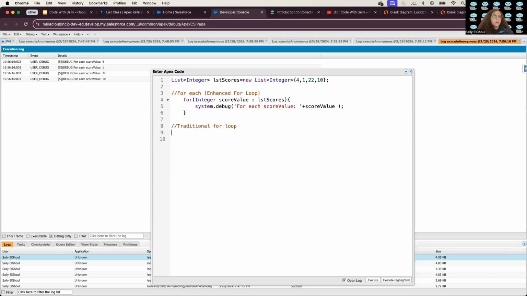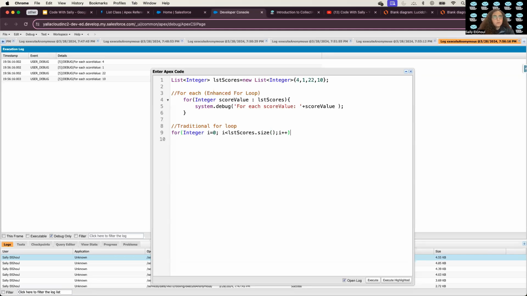We have another type, which is the traditional, and it's the least preferred one, but we will have a look at it and see how it works. So it was for, and we defined, if you remember, a variable. So here it's i equals 0. I will start from index 0, and then I will do i less than the list of scores, the condition, and here size. I want to go until